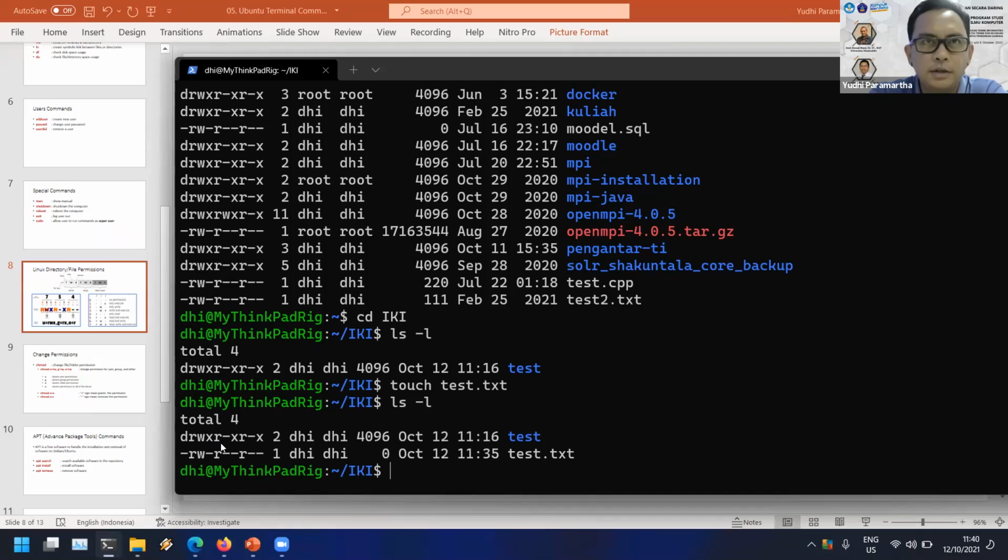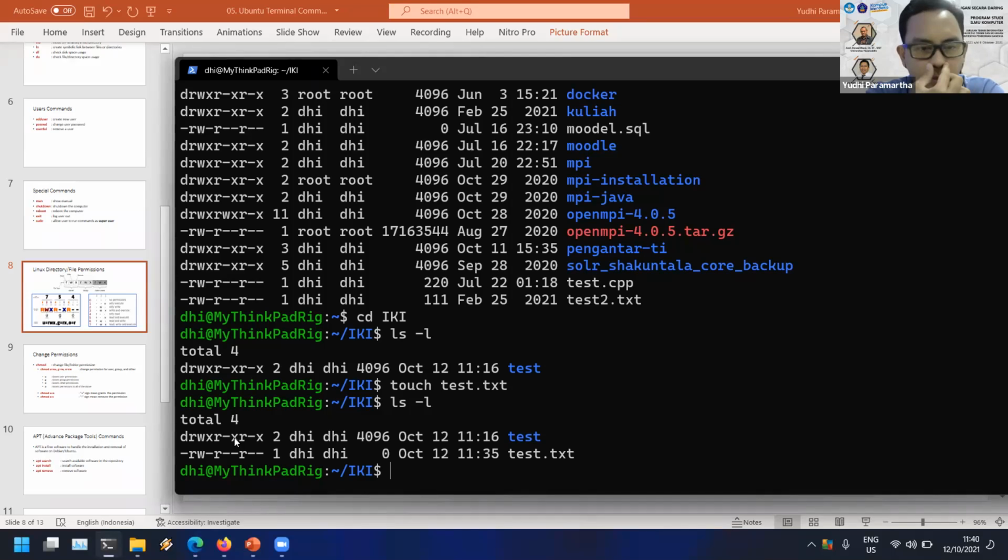I think that's not possible because it will be locked while it's running. So you write your files first and then you execute after that. I think that's the explanation. Do you understand this? If you have any question, it's okay.